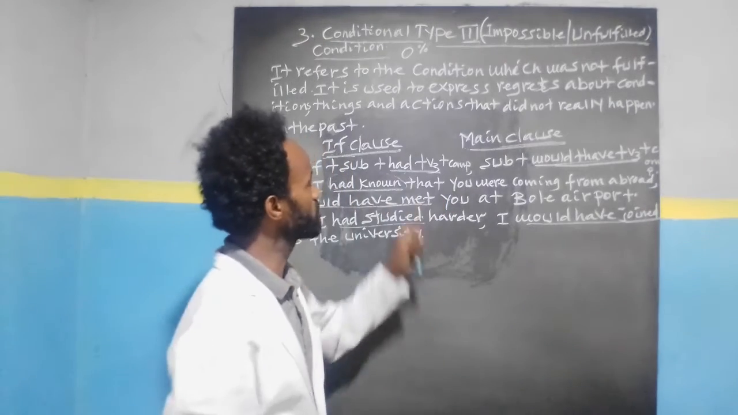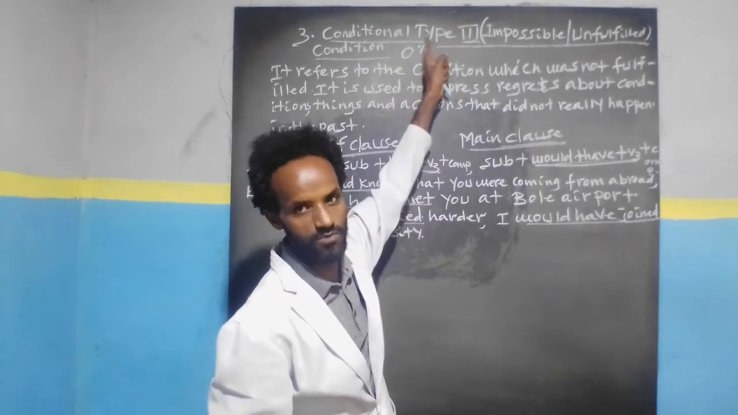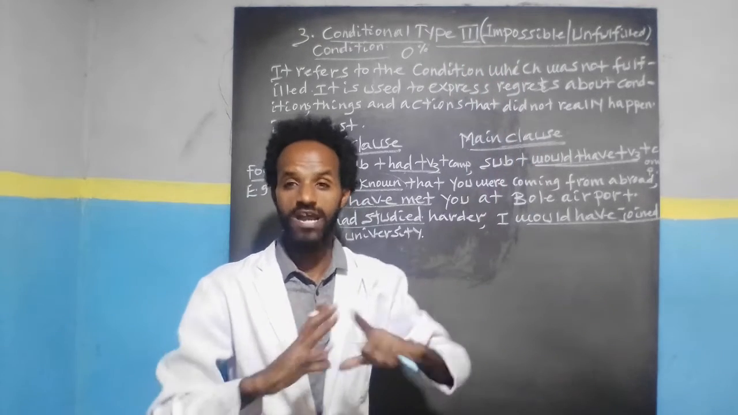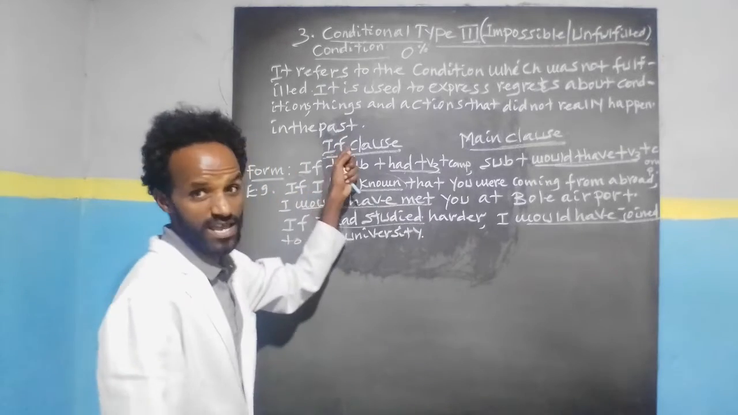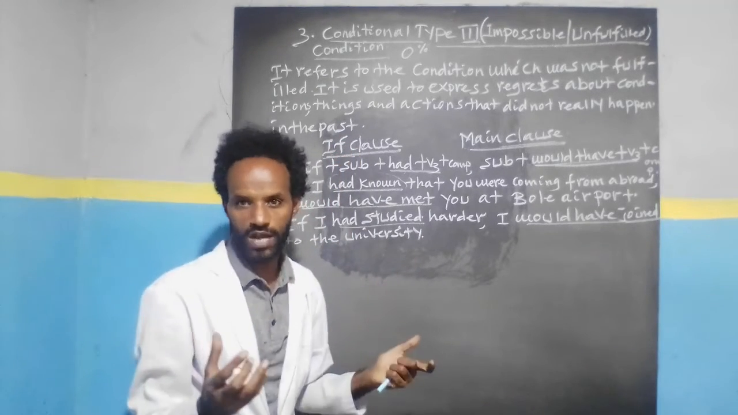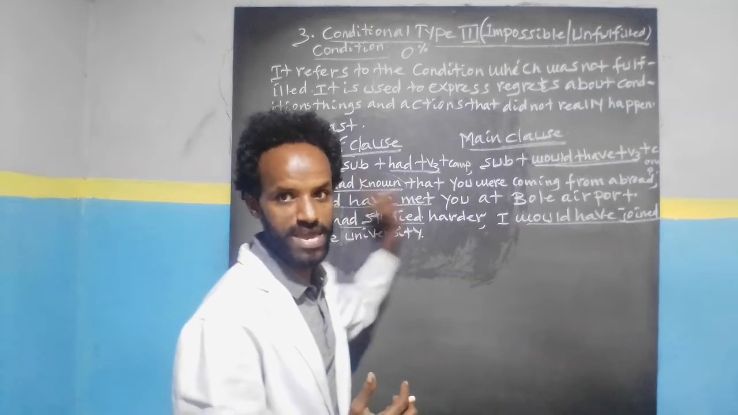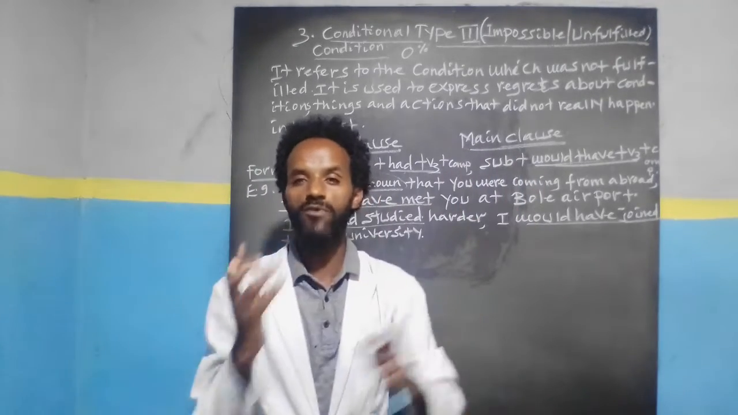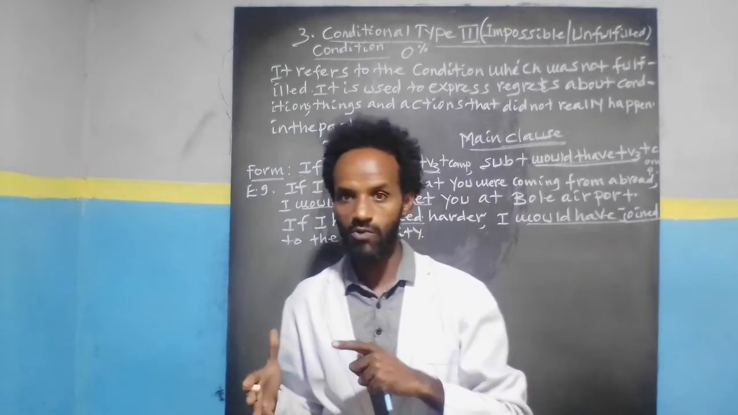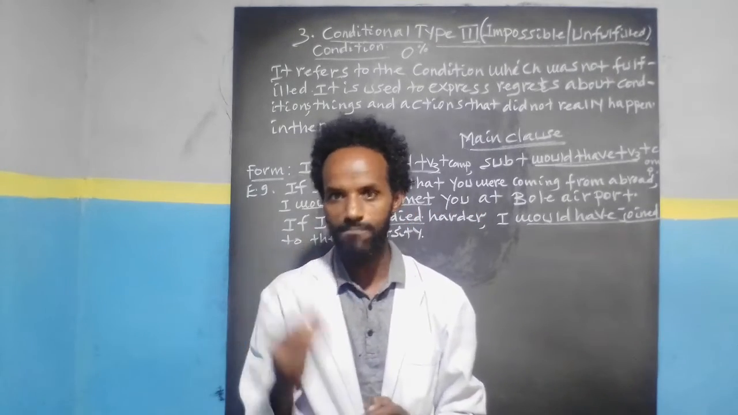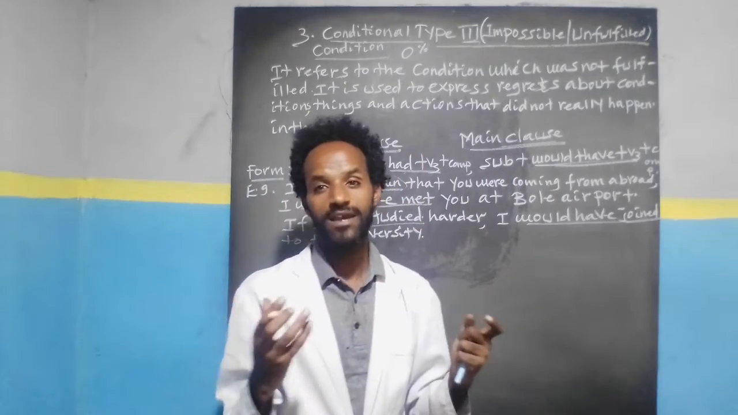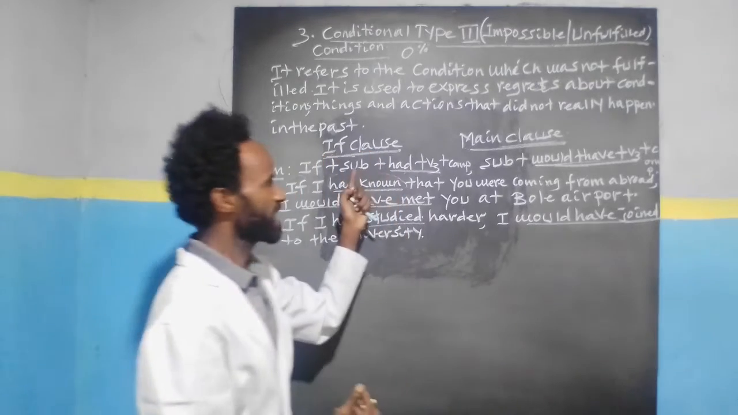ስለዚህ እንደዚህ አይነት ድርጊቶች ከመጡ ማን ነው የምንጠቀመው? ኮንዲሽናል ታይፕ 3 ወይም ደግሞ ኢምፖሲብል ወይም አንፉልፊልድ ኮንዲሽን ብለን መጥራት እንችላለን። ስለዚህ ኮንዲሽናል ታይፕ 3 ልክ እንደሌሎቹ ኮንዲሽናሎች ኢፍ ክሎዝ እና ሜን ክሎዝ አለው። ኢፍ ክሎዙ ላይ የሚወስደው ቴንስ እና ሜን ክሎዝ ላይ የሚወስደው ቴንስ ከሌሎቹ ታይፕ ኦፍ ኮንዲሽናሎች ልዩ ያደርጋል። እያንዳንዱ ታይፕ ኦፍ ኮንዲሽናሎች ታይፕነታቸው የሚታወቀው የሚቀበሉት ቴንስ ነው። ኢፍ ክሎዞቻቸው እና ሜን ክሎዞቻቸው ላይ የሚጠቀሙት የቴንስ አይነት ልዩ ያደርጋቸዋል።